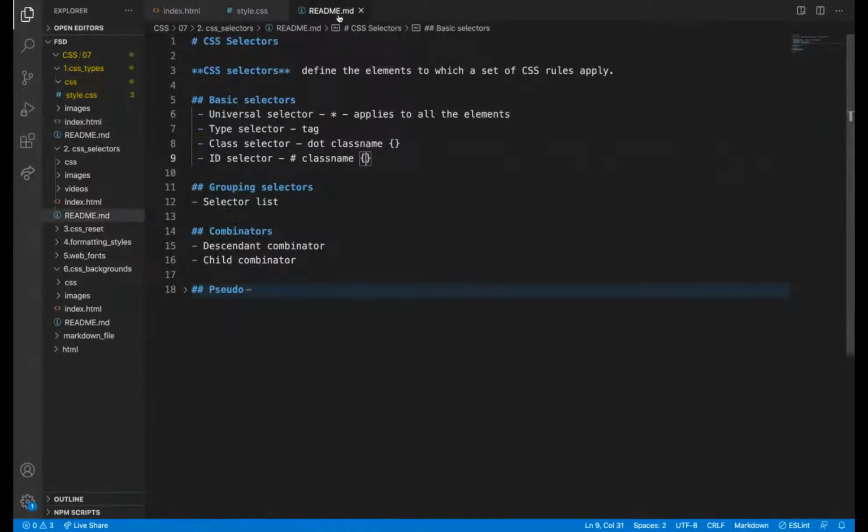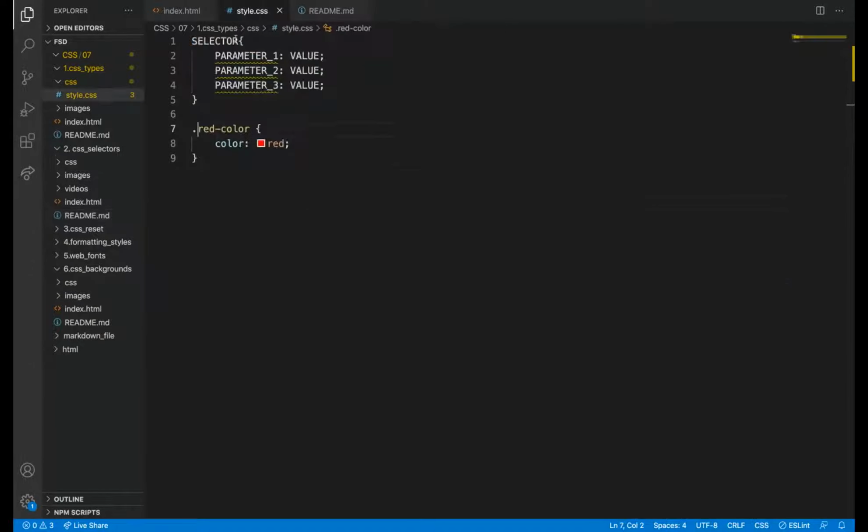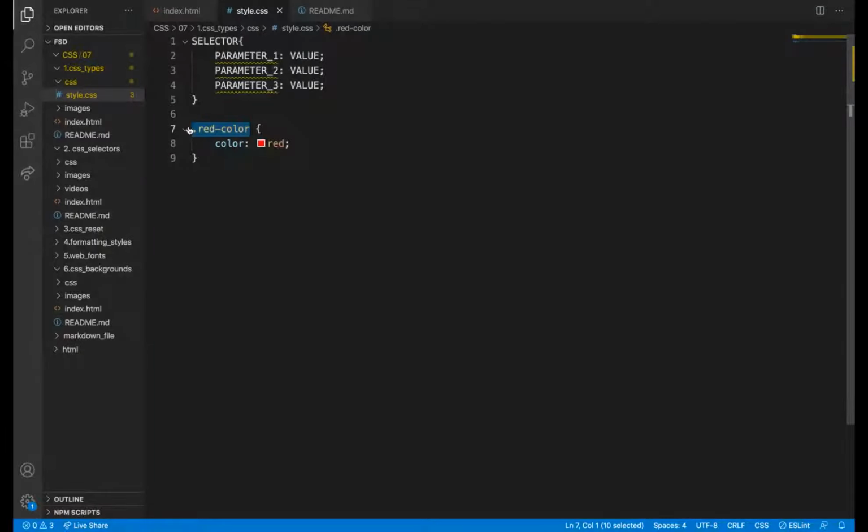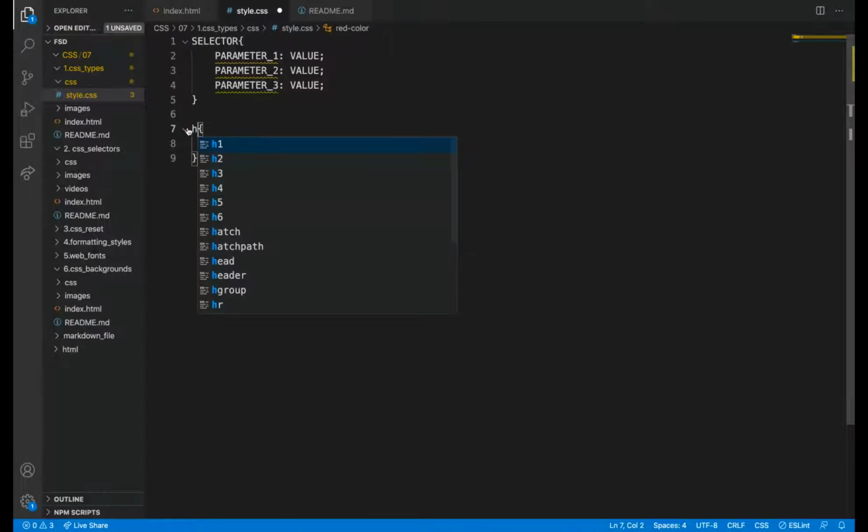Okay. What is grouping selectors? Grouping selector is also not a big thing. If I want the same color for the H2 tag and also for the TD tag, what I need to do is group it: H2, comma, TD.